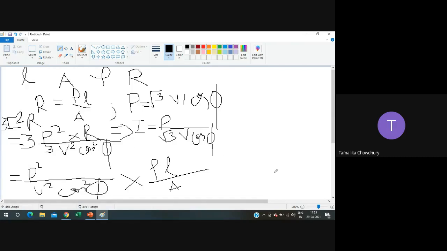So this is the value of the loss, that is 3 I square R. Now let me represent this 3 I square R, which is the losses part, as W. Let 3 I square R equal W. So W equals this entire part. Now from this equation, just find the value of A, that is the area.